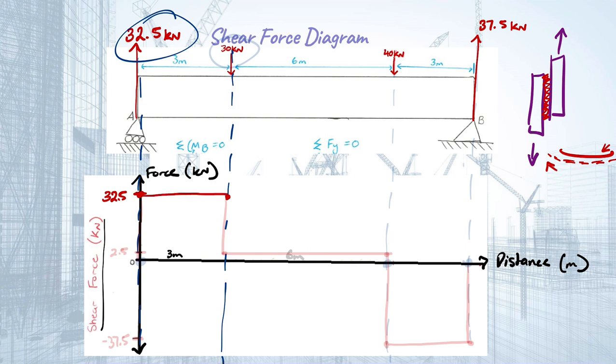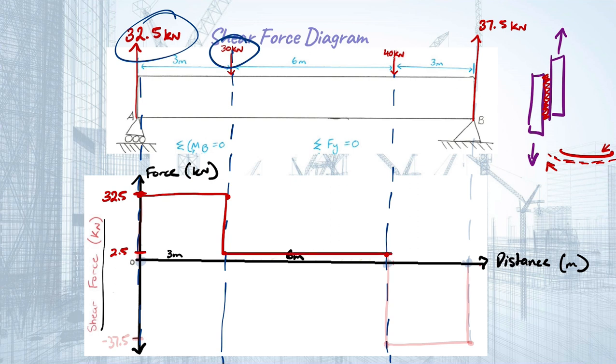And then we're going to drag it down, because the 30 kilonewtons is acting downwards. So we're going to drag it down, and 32.5 minus 30 gives us 2.5. So we're going to have another point there. Now we're going to do the same thing. We're going to see where the next force is acting. So that's going to be a 40 kilonewtons. If we drag it down, we get this as a distance of 6 meters. And we can extend our point at 2.5 kilonewtons out to here. So if we take that point out there, then we can connect up this line,